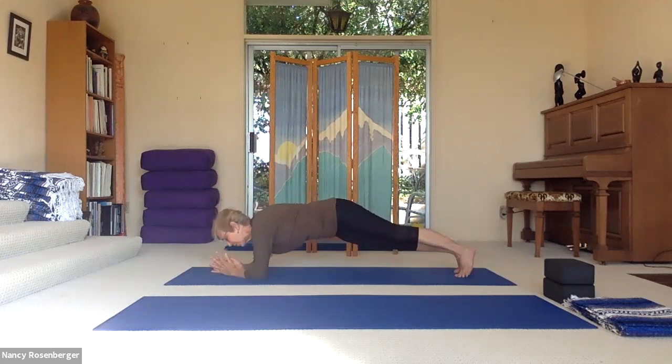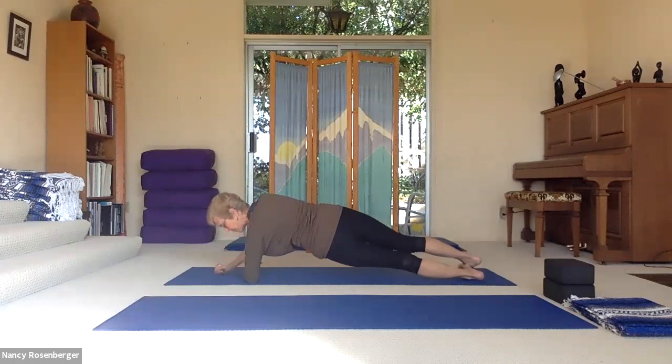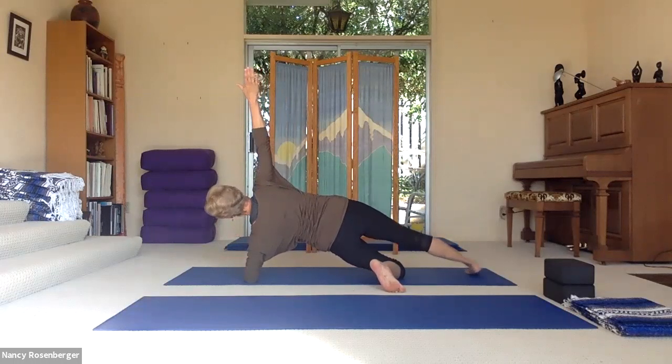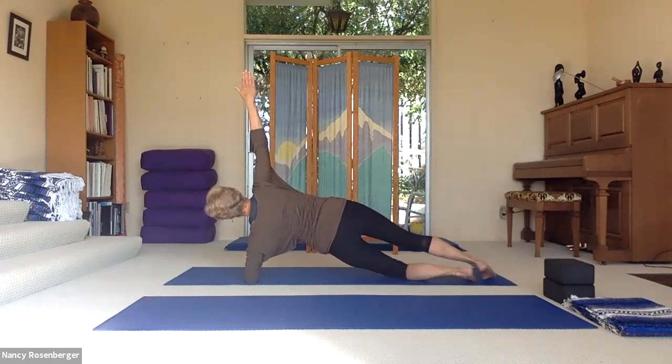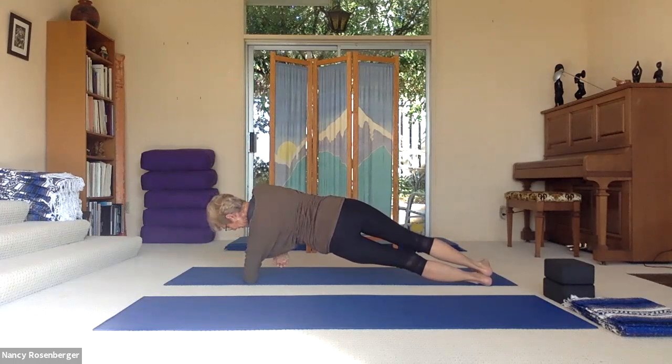Then come back through the dolphin plank on the forearms and roll over to the other side for a side plank on this side. Again, you can always bend that leg in the middle for some extra support or bring it out. You might bring the hand down under the armpit